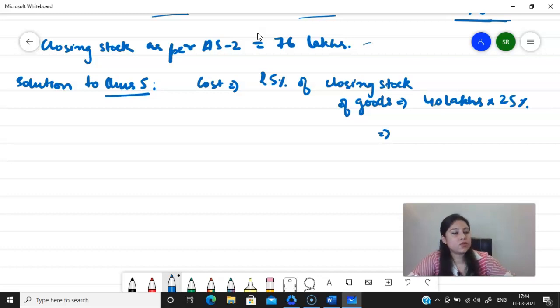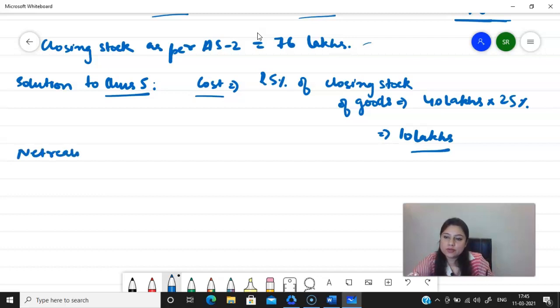Even if we try to ascertain whether it is the same value at which the goods have been procured, the remaining value of 25% of such 40 lakhs, 40 into 25%, will give us 10 lakhs only, and this has been given in the question also. So 10 lakhs is the cost of such closing stock, and for NRV, net realizable value, the market value or the estimated selling value has been given,